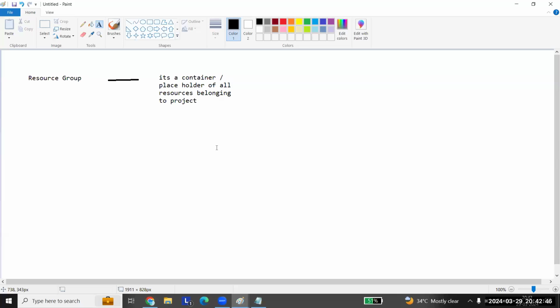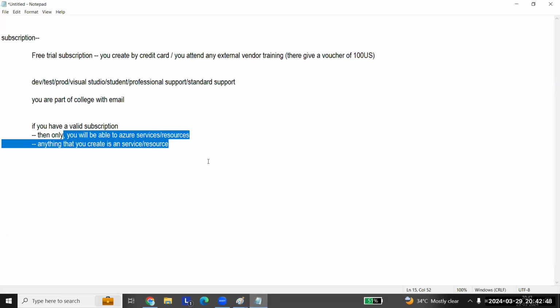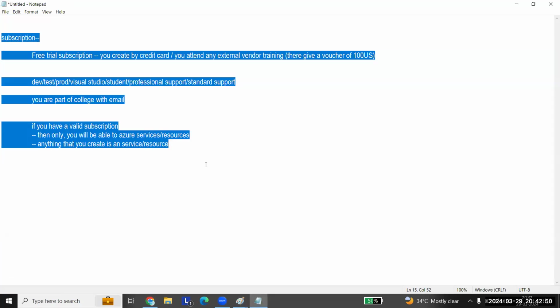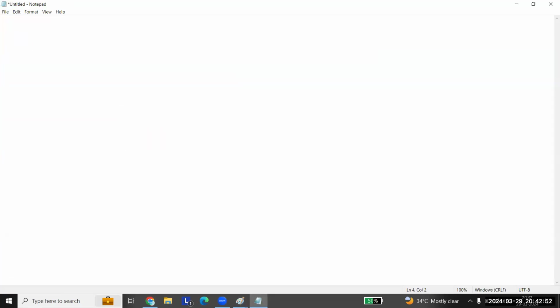What does that mean? For example, we are talking about resource group here. In your home you will have a shoe stand, a chappal stand, or whatever stand. Assume it's a chappal stand.